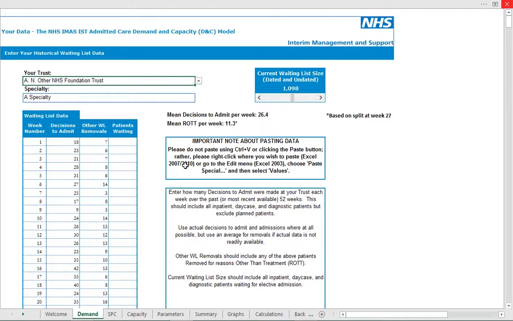The current waiting list size is entered into the box in the top right of the sheet. The number contained in this box should be the latest waiting list size for patients both with and without a TCI date. This value will change weekly and should be updated every week while working through the process to populate